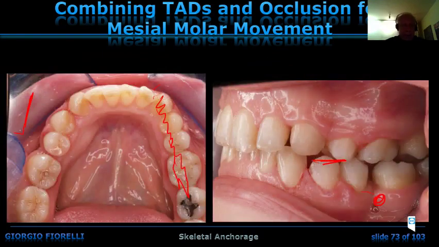Well, the case was nice because we have closed a lot of space, and now the patient, who is the wife of a colleague, of course, says, I don't want to have the appliance in the front teeth, so we do this. This is the second molar, and see how the space closure is nice, the roots are okay, there's no mesial tipping. But now we can go to the Invisalign,